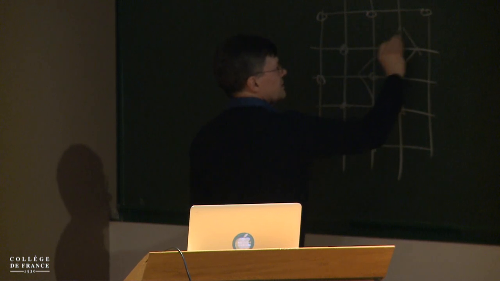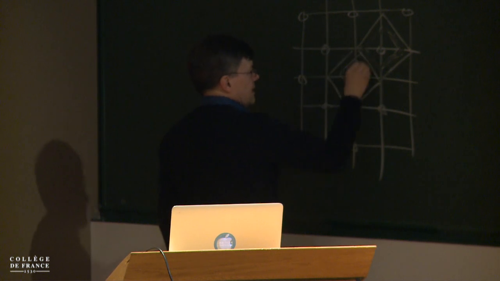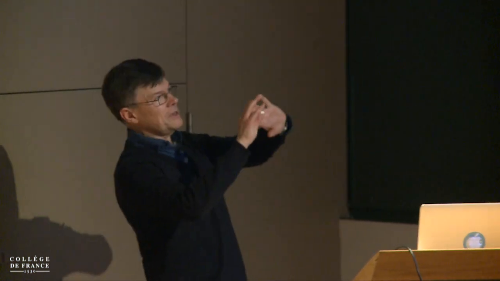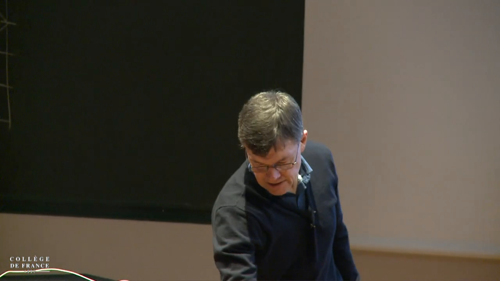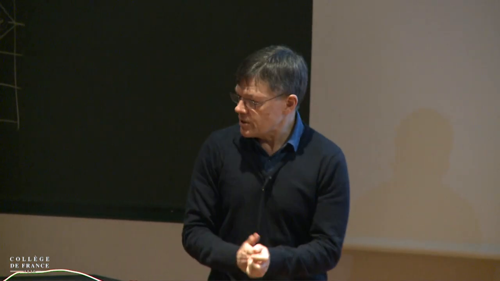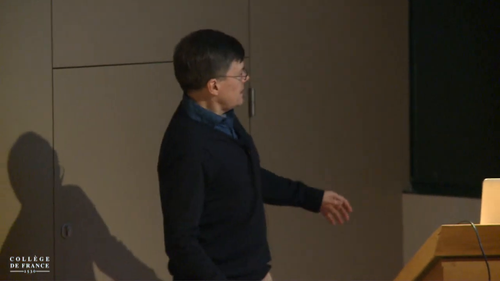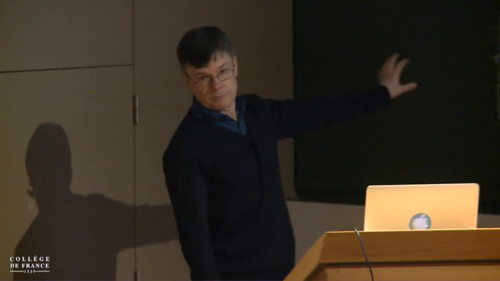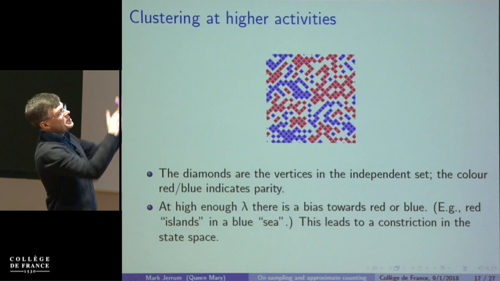Oh, I see. The diamonds have got to go. Yeah, I'm with it now. Like that and like that. Then in these regions, which have the checkerboard pattern, they appear as a solid colour in the diagram. And you can see that at this critical value, we're getting regions where, in order to pack things in sufficiently, the configuration is having to go into a checkerboard pattern locally, but it doesn't ever really settle down into a perfect checkerboard.